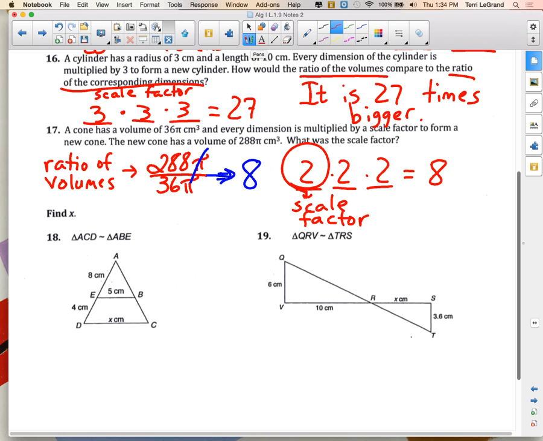Okay. Now, we don't have time to do these last two, and we didn't this morning in class either. Yes, Josh? What would be your labels for 27 and 8? They don't need labels because they are a ratio. They're not a rate, they're just a ratio. I expect you to do 18 and 19 on your own in these notes, okay? We will talk about it at the beginning of class tomorrow. Make sure you carefully write down the problems you have to